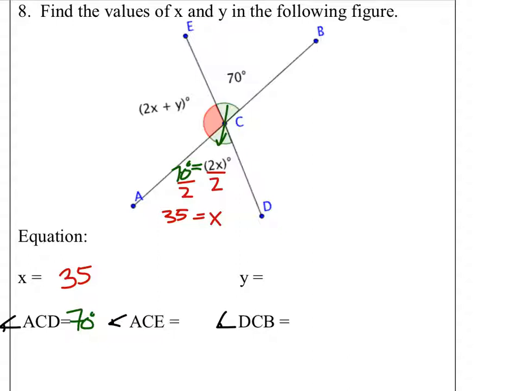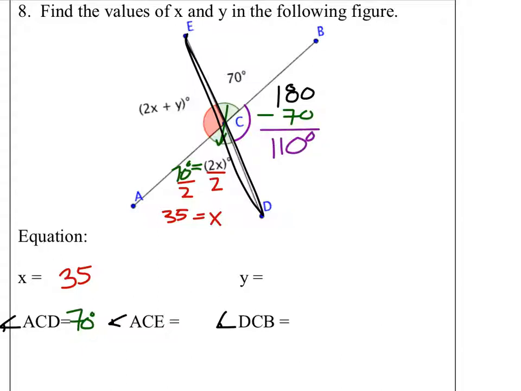Next up, angle ACE. Well, we're going to have to find the value of y first, which means also that I'm actually going to find the measure of angle DCB as well. As it turns out, we could solve ACE, but I'm actually going to solve BCD first because it doesn't have any variables, and it has the same relationship with angle ECB. So I'm trying to figure out what this angle is. Well, again, that gives us a supplementary relationship with this straight line up and down. So I can take that supplementary 180 degree angle and subtract the 70, which would tell me the measure of this angle,